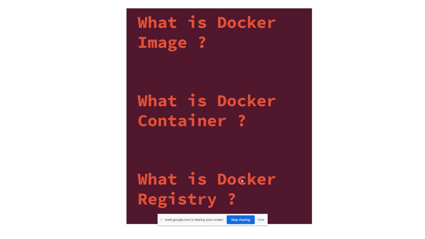Okay, so now let us understand what this Docker registry is. Docker registry is basically like GitHub. You maintain the repositories over there. Same way you can maintain your already developed images, and you can push them on this registry so that other developers or other teams can just pull it and run it on their particular machines.